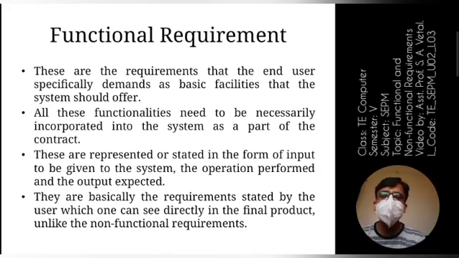Again we will discuss the same example of the ATM machine. In the ATM machine we have one functionality, the last 10 transactions. How can we represent this with the help of our functional requirement? What will be the input? The input provided will be your PIN code and one key. After pressing that key, it will process and show all the transactions on your print. So what will be the operations performed?